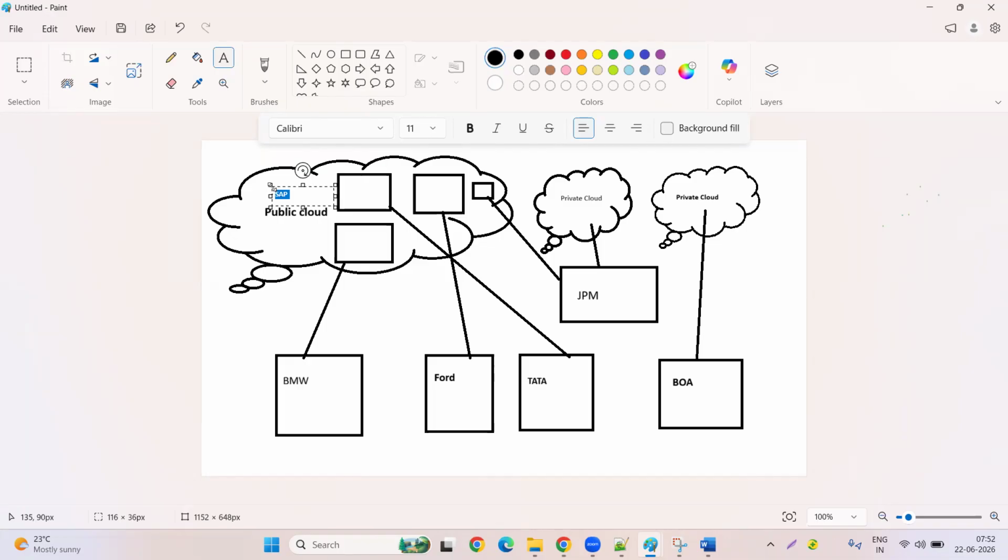Okay, guys. If SAP is providing the services and BMW, Ford, and Tata want to use these SAP services, then in the same cloud instance, SAP will create a different instance for each company. That means for BMW they maintain one instance, for Ford another instance, and for Tata another instance here. So like this, guys,